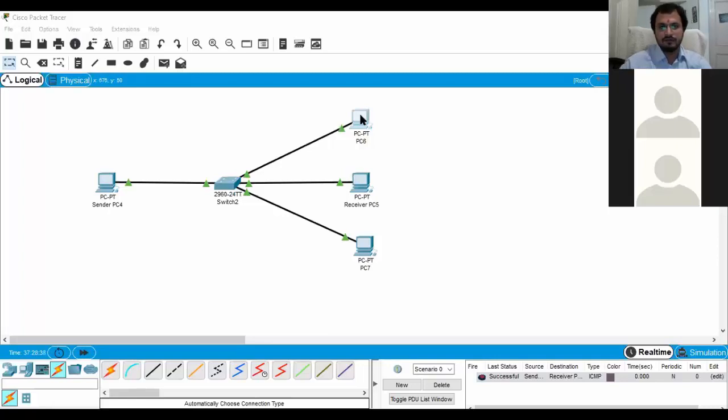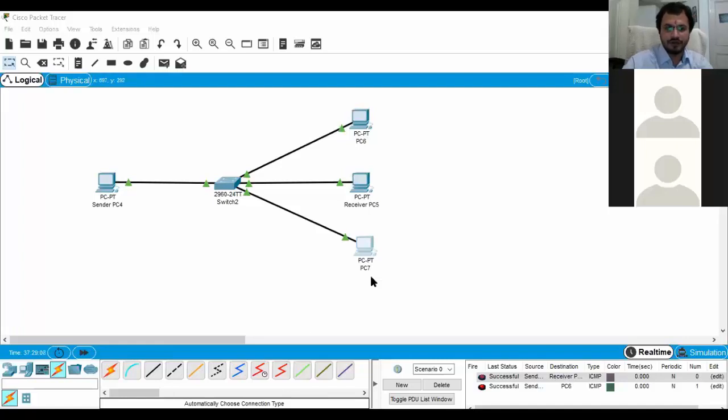So I'm declaring it here as 3, and the default subnet mask is 255.0.0.0. Now this device can communicate, and you can see from PC4 to PC6 the packet is communicated successfully.